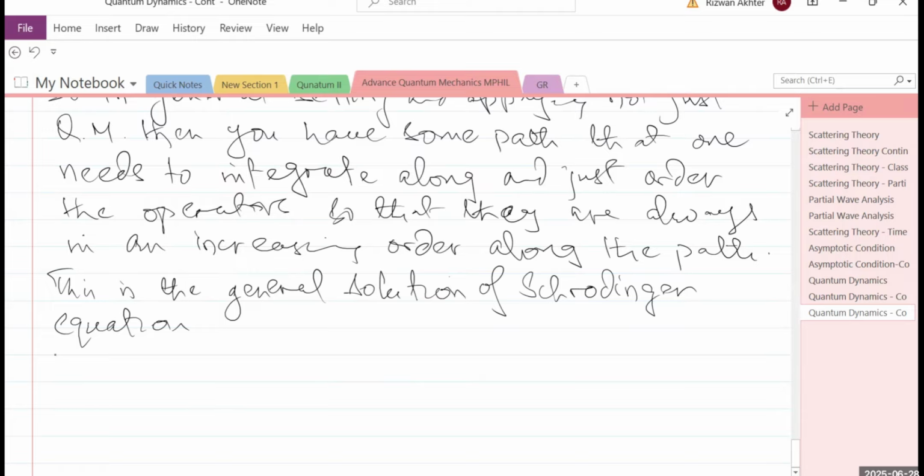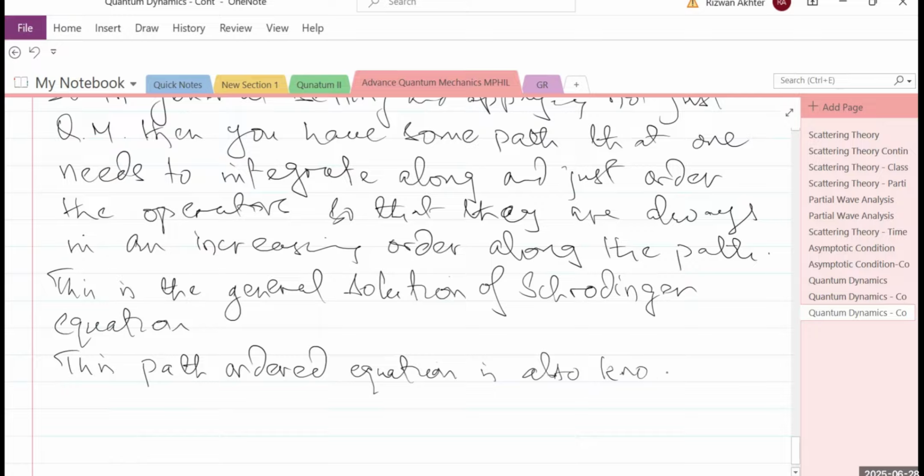So this path ordered equation is also known as Dyson series,